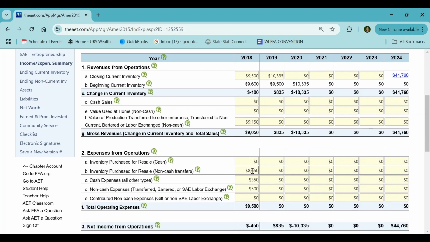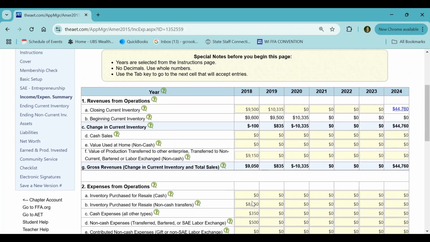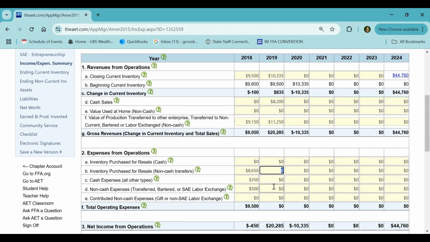Remember, they had purchased some animals for resale. So this individual had, for example, a beef project, and these are market steers, and they sold them the next year at the fair. So we're going to put in the amount of money they made from those animals. And then they didn't have any product used at home, but they did have a barter again, $11,250. Now remember, 1F has to be offset by 2B, 2D, and 4B